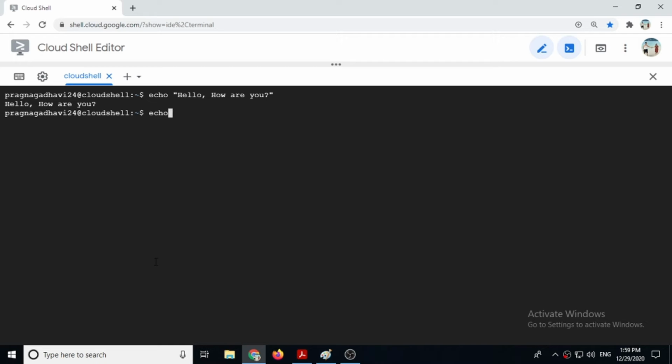If you want to print a variable's value, then you can use the $ sign. So let's create a variable. Suppose a is equal to 50. It means we are creating a variable named a. It will create this variable inside the computer's memory. Press enter. It will not display any output, it will just create the variable. Now I am giving clear. Now if you want to print the value of a variable, then you have to give echo $a. It will show you the value 50.